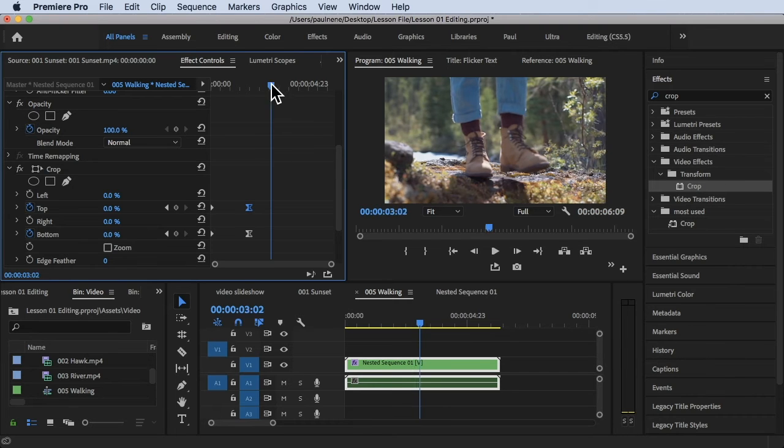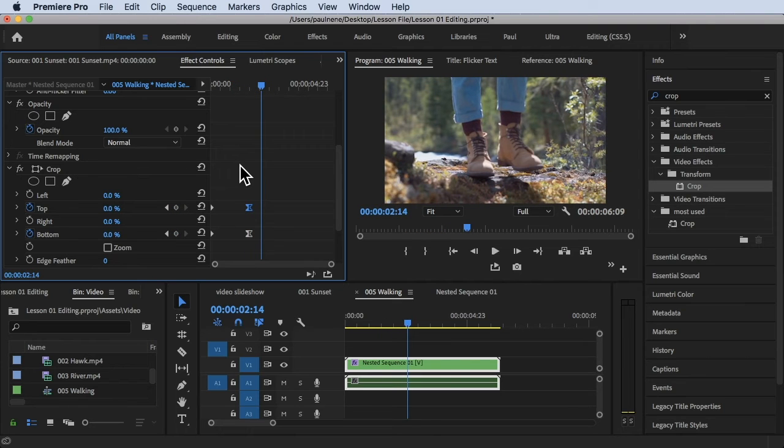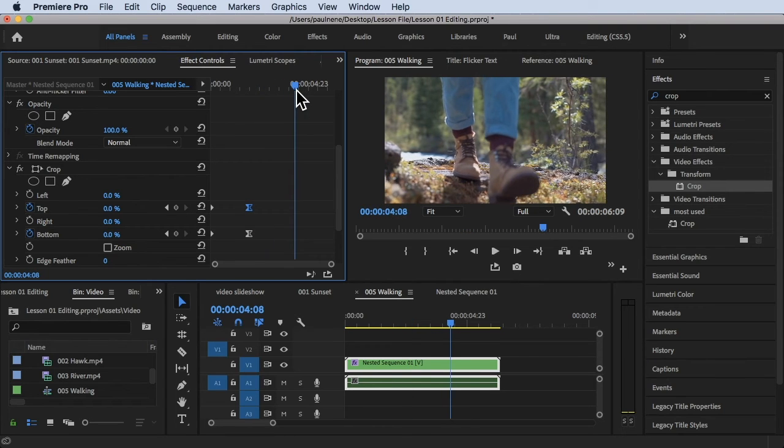As you notice, I'm going to play it again so that you can see. There you go. It's a little bit smoother with these keyframes. If you want to finish with that kind of transition too,